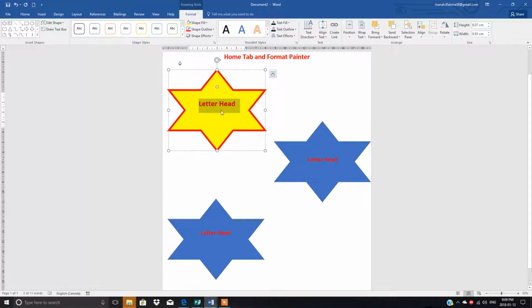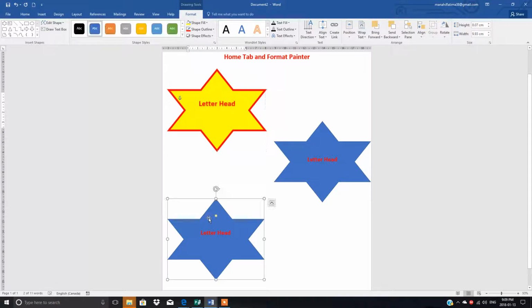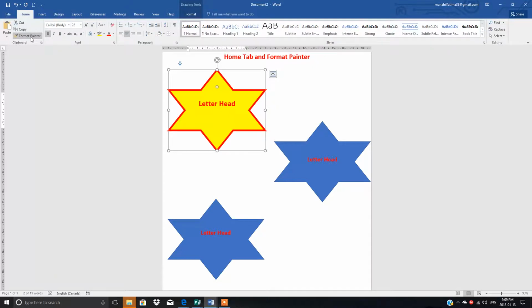Similarly, you can do more formatting here. Suppose you want to apply the same formatting here and here. Suppose you have 10 stars, so what will you do? One by one you will go here and then Shape Fill and so on. It is time consuming, and sometimes you may forget one or two formatting steps. So for this purpose, we use the Format Painter, and I will show you the purpose